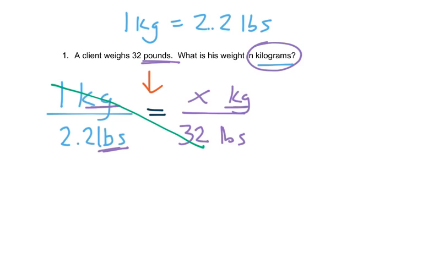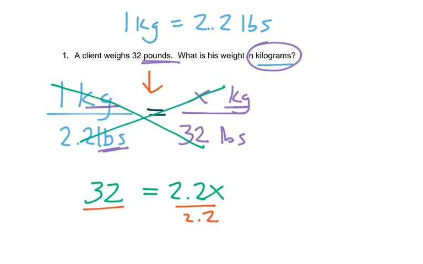So we take 1 times 32, and we get 32, equals this direction, 2.2 times x, which gives us 2.2x. And then we'll divide both sides by 2.2 because that's the number in front of the x. So we get 32 divided by 2.2, and that gives us